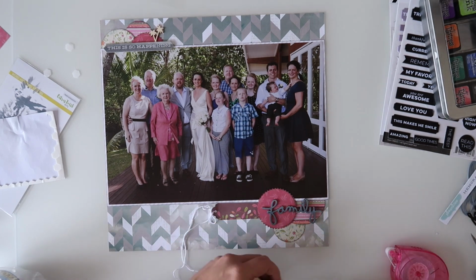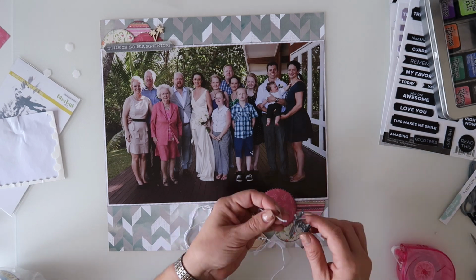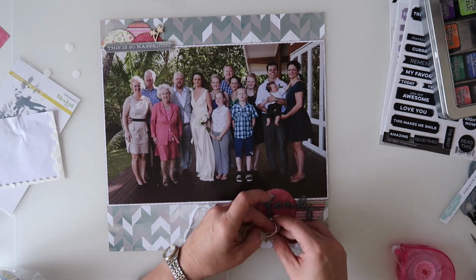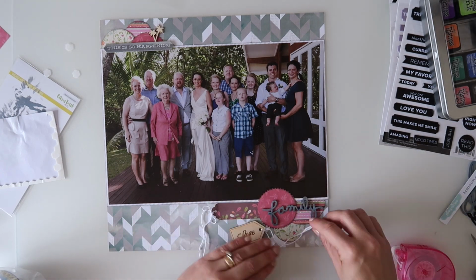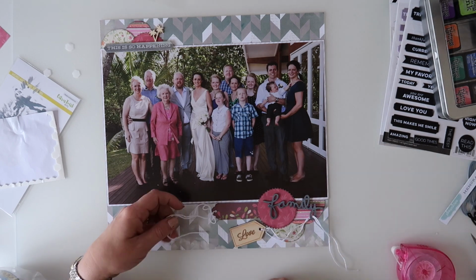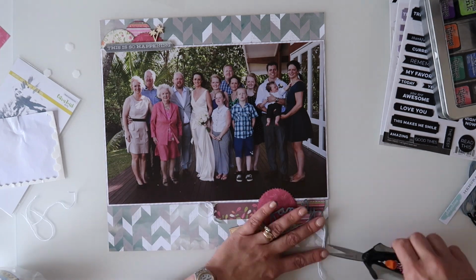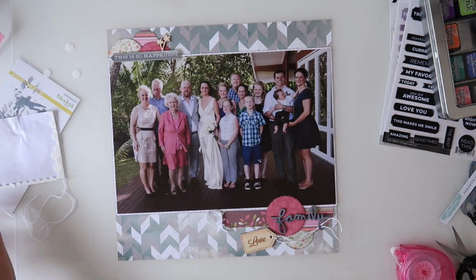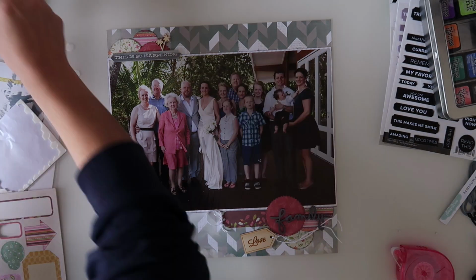That was my initial thought when I placed it down, and I did try a few different ways here, but it just didn't work out as well as I hoped it would. So what I do end up doing is I end up undoing that, and I just loop it through the Y instead, and adhere that down that way, and I preferred that a lot better. I'm going to staple down the ends with my tiny attacher just to keep those in place in a moment,